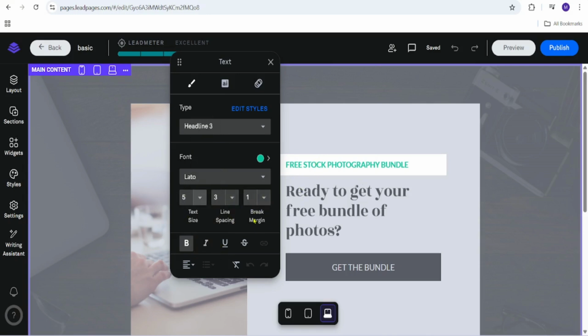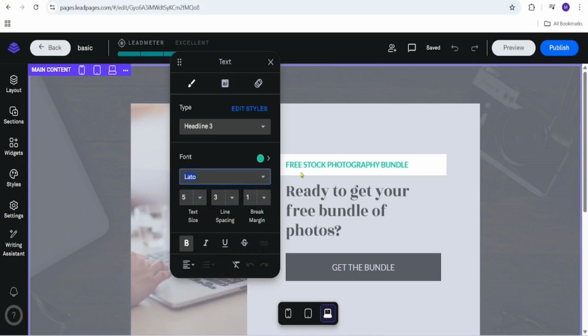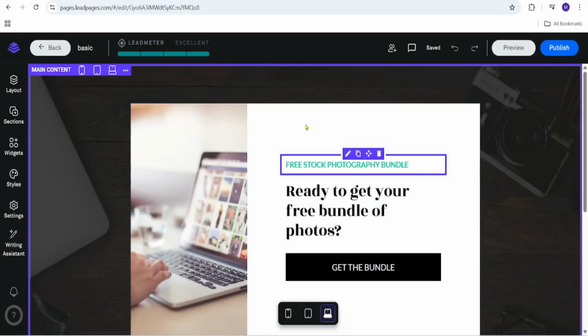And this is the break margin, and this is the font type. You can select the font type that looks bold and pretty neat and simple, and you can always bold it, or you can underline it, italicize it, or you can also center it. So you have different options to work with the text, and you also can edit the same thing with the